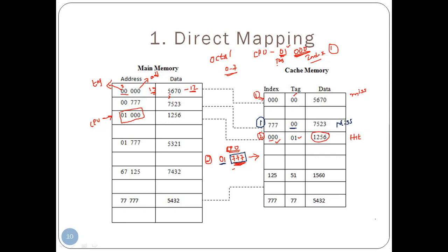And again it is going for the second attempt. It is checking whether another 777 index is there or not. Okay, it will come here. This is the second attempt. So here it finds another index value. Index value is 777. What is the tag value? 77. Here also it is a miss. Now the CPU doesn't find this address 01777 in the cache memory. Fine. So nowhere is this 01777 there in the cache memory.